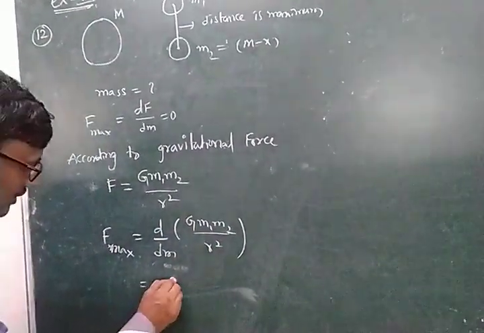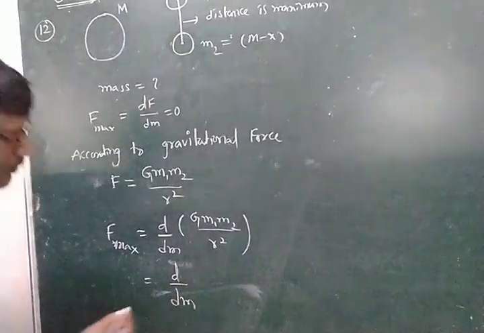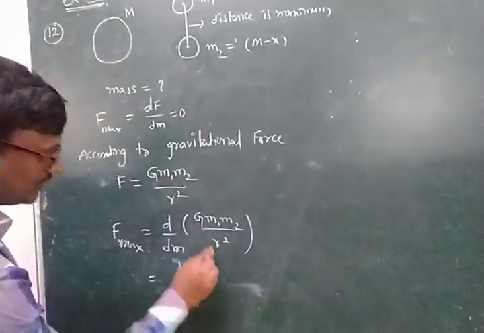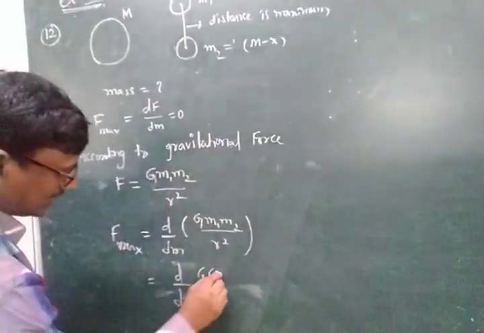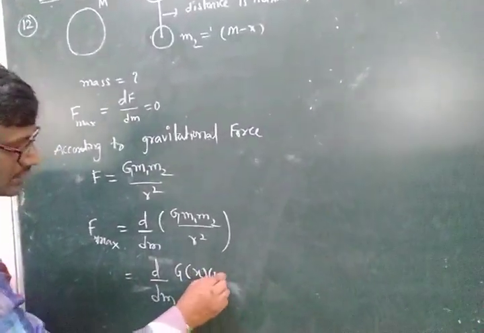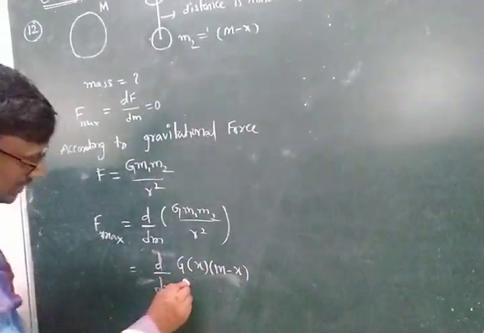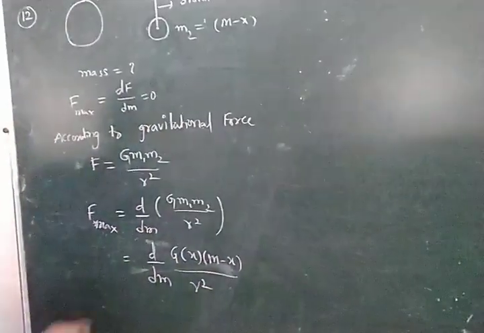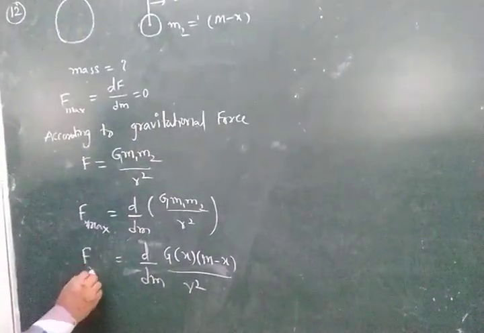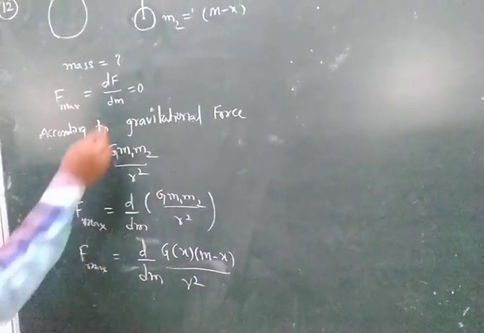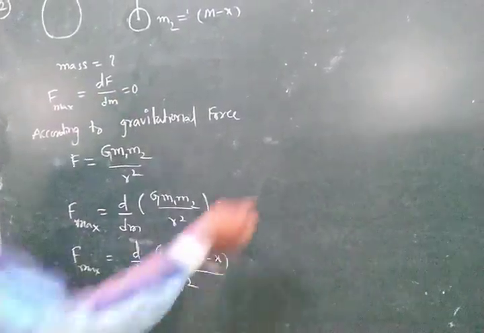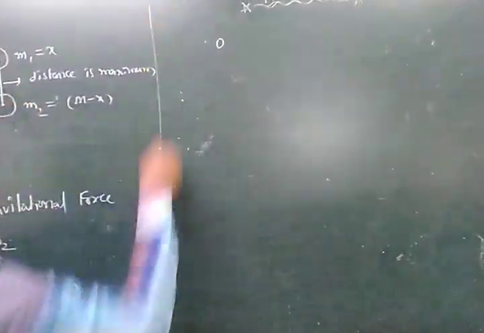Write d by dm of G into m1, where m1 is x, into m2, where m2 is M minus x, divided by r square. This is F maximum, and this is equal to 0. Now we can write 0 is equal to